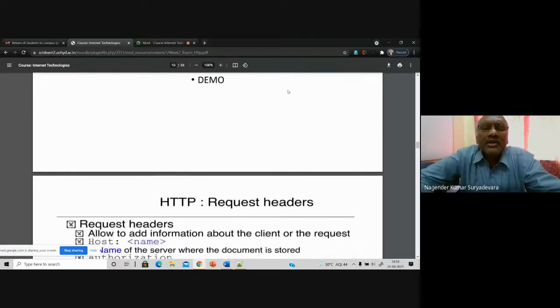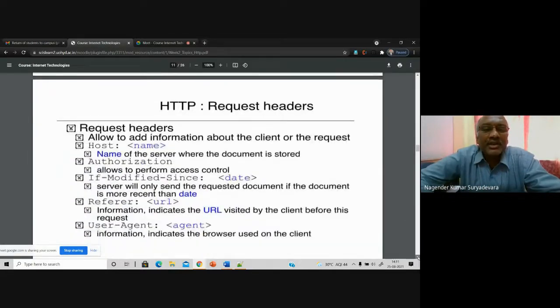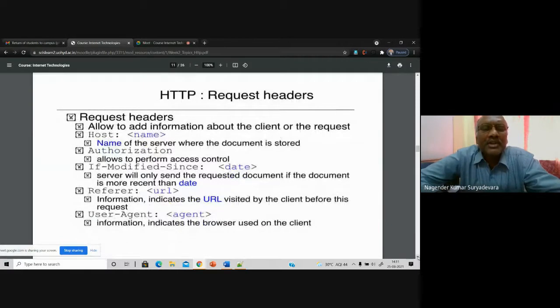In the morning session, I gave a small demo on how you make a request from your web browser through your URL to retrieve the information of uoh20.ac.in. You can go through that, and you can understand the inspector. Basically, the inspector developer tool will give you all that information. Please remember the most important information is what HTTP gets or gives in the responses.